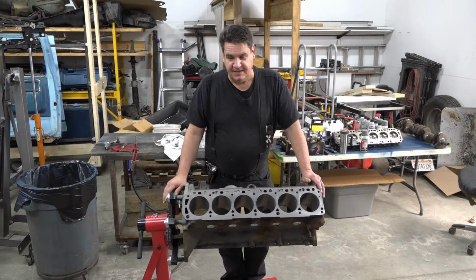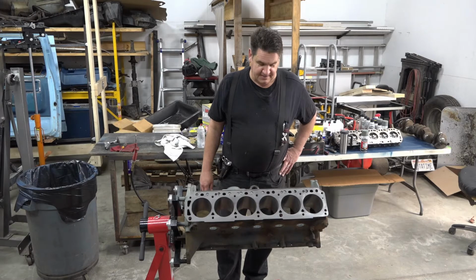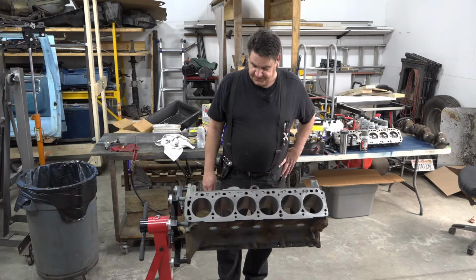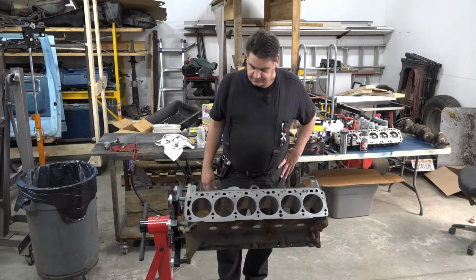But that stuff was terrible for the environment when they dump those chemicals out or whatever. So we kind of have an extra step now. We got to go through and